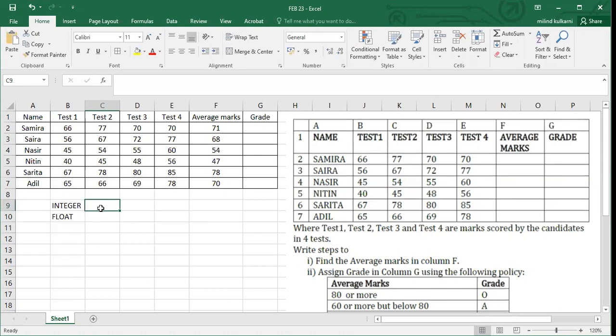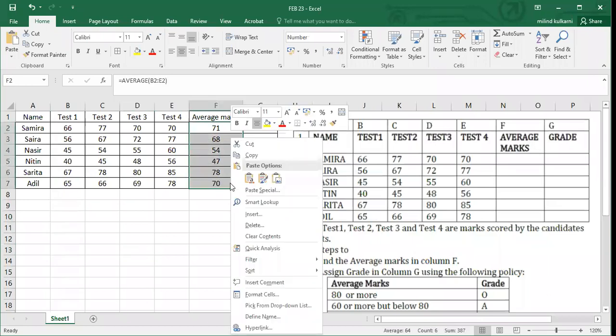Float means a number with a decimal point, like 7.7, 70.5, 71.22. These are examples of float. Integer means any whole number.